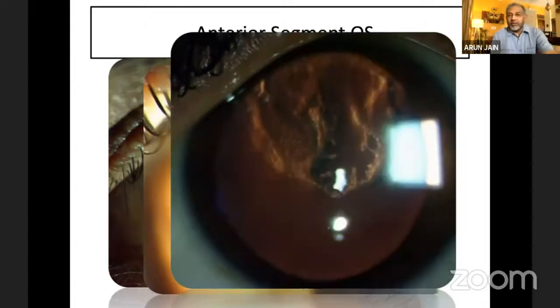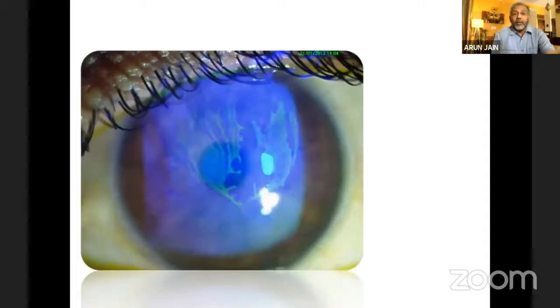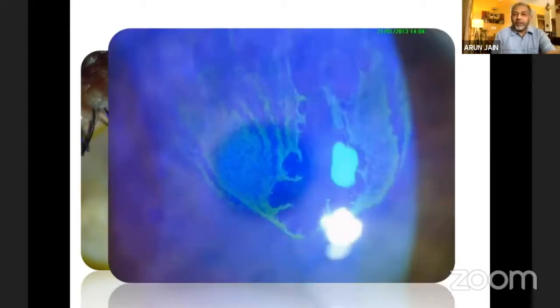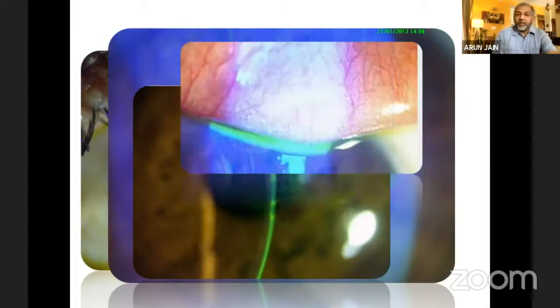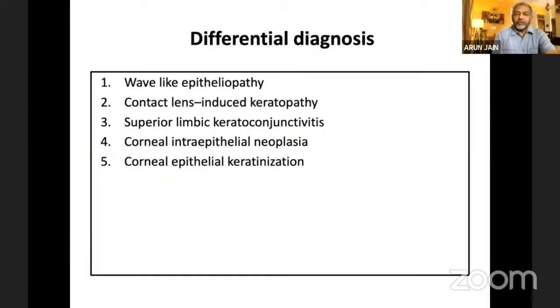And this is in retroillumination. This is what the culprit is. And this was reducing his vision to almost 6/18, which was not improving beyond that. And this is on fluorescein staining. You can see there's pooling as well as stippled staining of the dye, because this wave-like epitheliopathy is thinner than the rest of the corneal epithelium. And this is the higher magnification of it. And this is on the slit lamp, thin slit. You can see it is only the epithelium which is involved. And on inversion of the upper eyelid, you could see mild papillary conjunctivitis because of contact lens use.